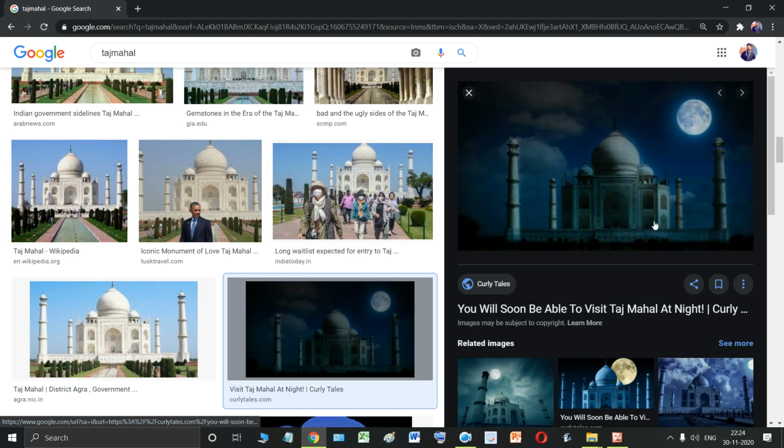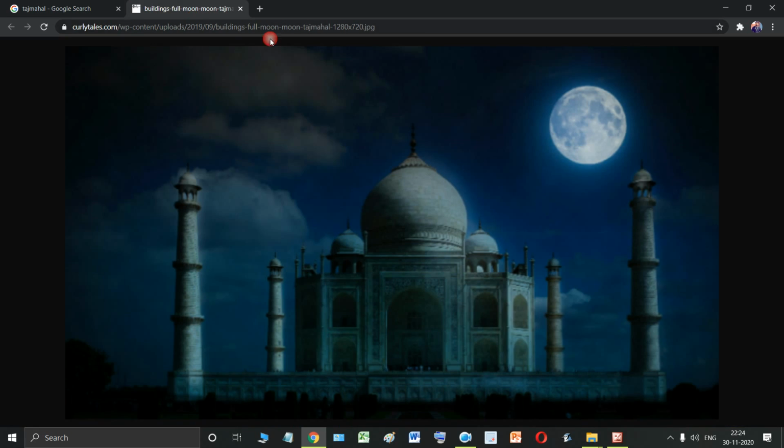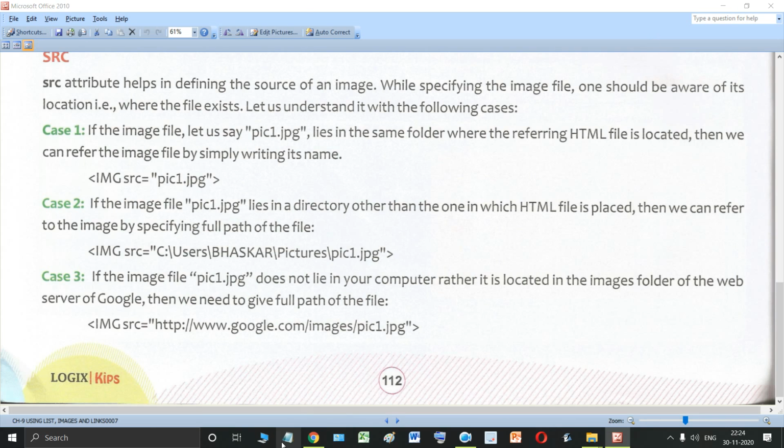So suppose I want to upload this image. What I'll do is open this image. See, this is the complete location of your image. This is the URL of the page where this image is stored on the internet. So in the third case, students, you have to copy this URL and then paste this URL